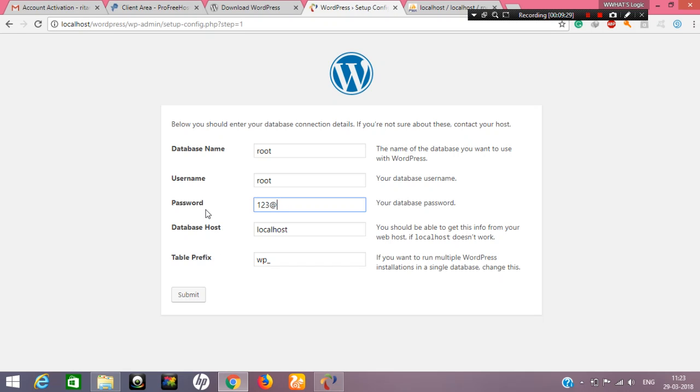So let me type it. And database host, it must be localhost, because localhost is the default server, the PC which I am using. Table prefix, leave it at default, friends. And then when you click submit,